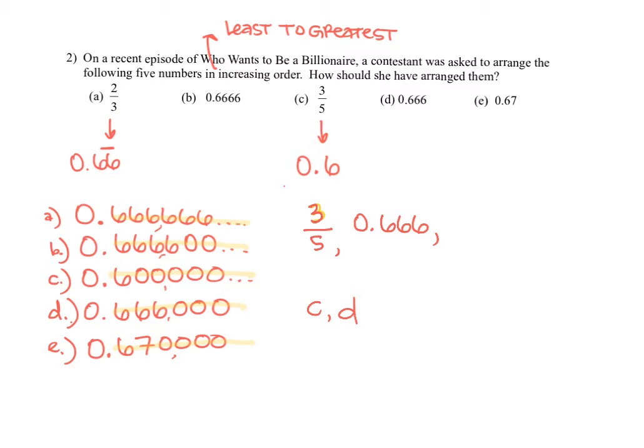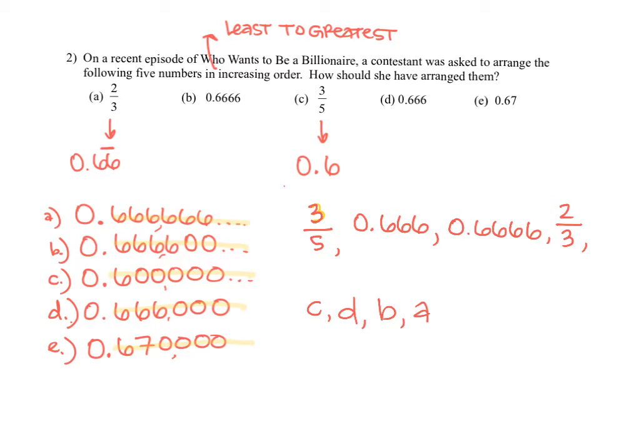Then the next smallest would be the one that had 4 6s behind the decimal point. So that was B. And then the next one would be the fraction 2/3. That had 6s that go on forever. That was A. And then the biggest one, even though A had 6s that go on forever, because E had